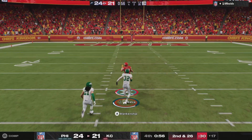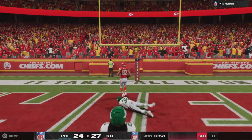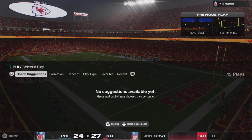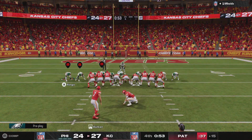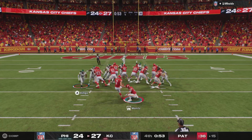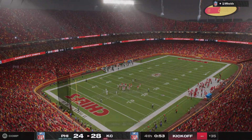And got his man complete. Now he breaks free in the middle of the field. He takes it across for the touchdown, and they've taken the lead late in the final minute of the 4th. Wow. Wow. Extra point by Butker is on target. That will make this